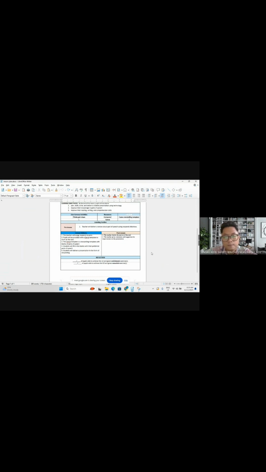So basically, students will fill in the blanks in the template with the correct and appropriate part of speech, and lastly, students will deliver a presentation in the form of storytelling.